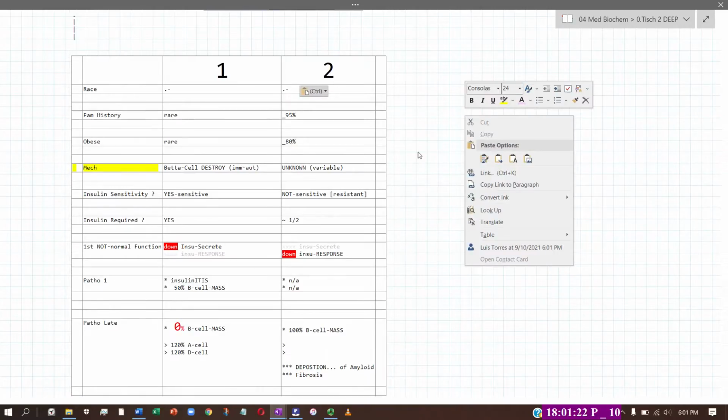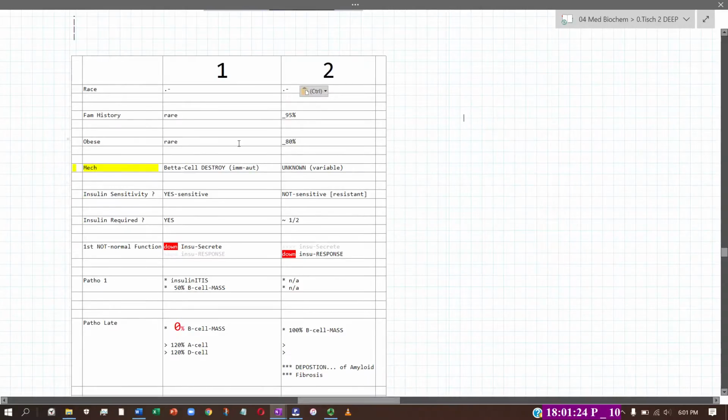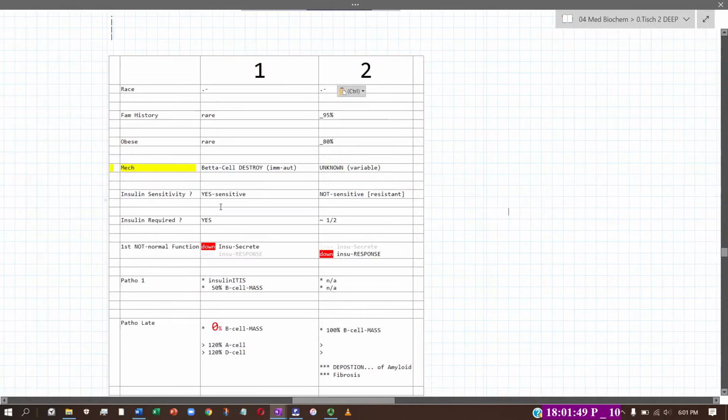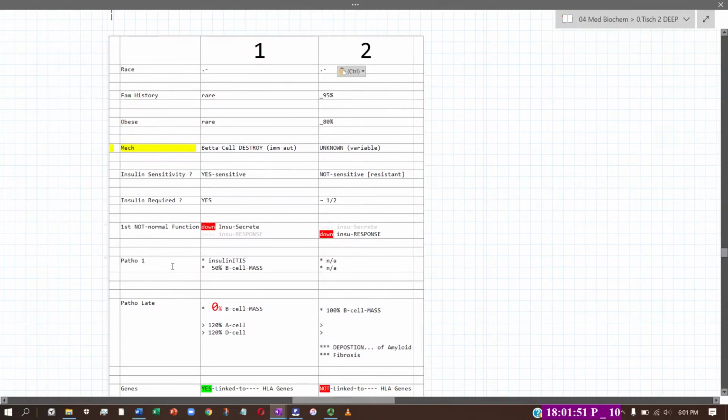Cool. So the mechanism of type 1 diabetes is that beta cells get destroyed due to an autoimmune response. So M is for immunity, aut is for auto, autoimmunity. And when it comes to type 2 diabetes mellitus, the mechanism is variable and also unknown. A lot of mystery there. So the other thing that I find noteworthy is here,